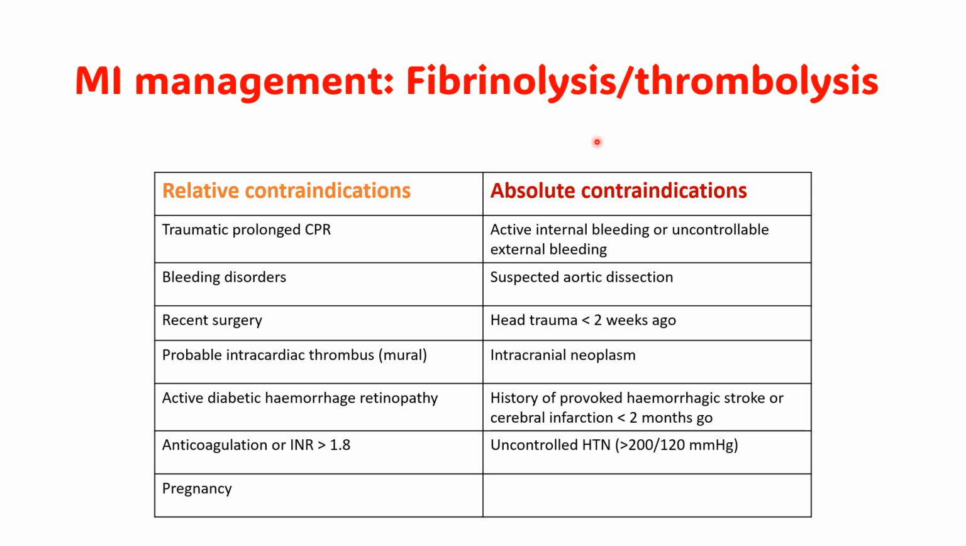Okay, so let's talk about fibrinolysis or thrombolysis. These two words are interchangeable. This slide's mainly for your own reference. We can look at the relative contraindications and the absolute contraindications. I'm sure you can go through these. And thrombolysis is most effective within 6 hours of symptom onset. And sometimes there's things called reperfusion arrhythmias, which can occur within 2 hours